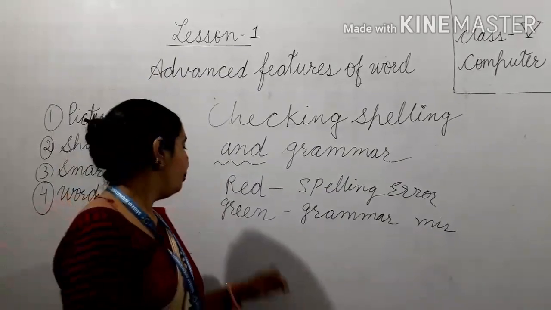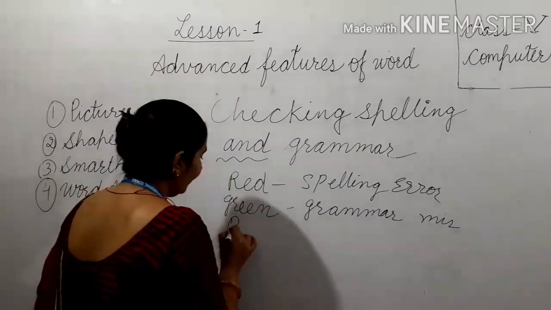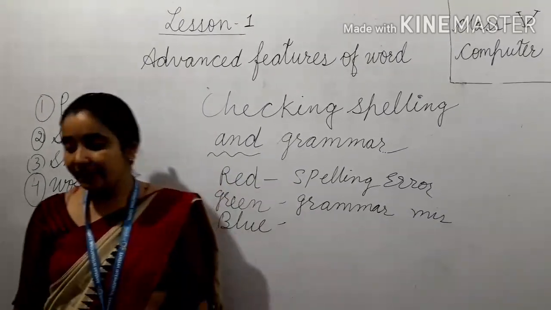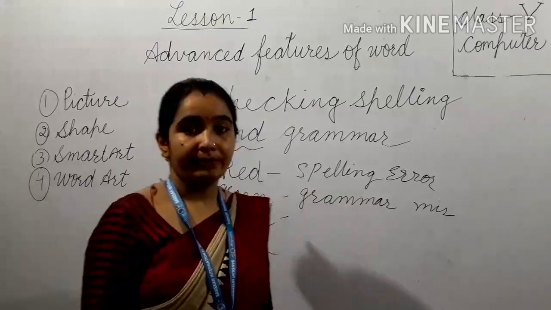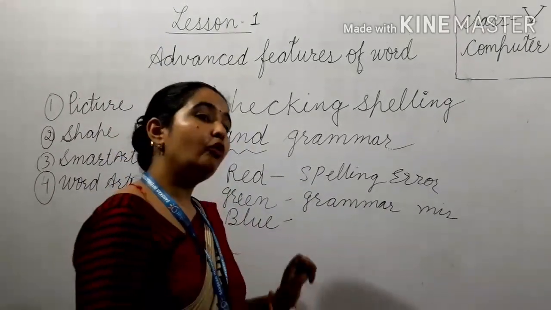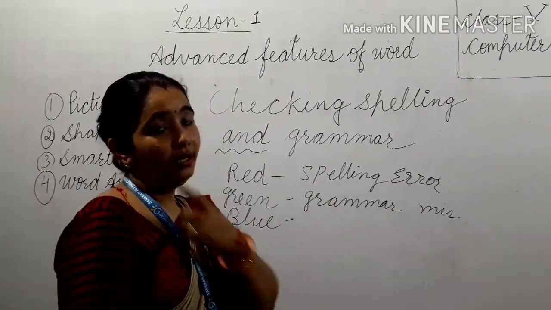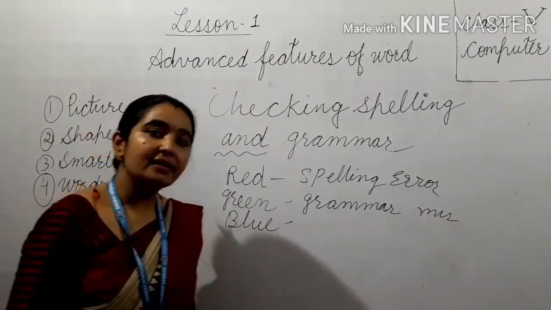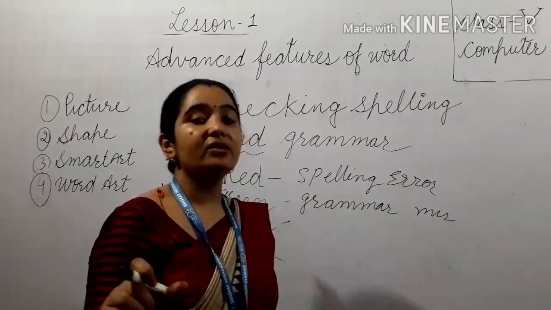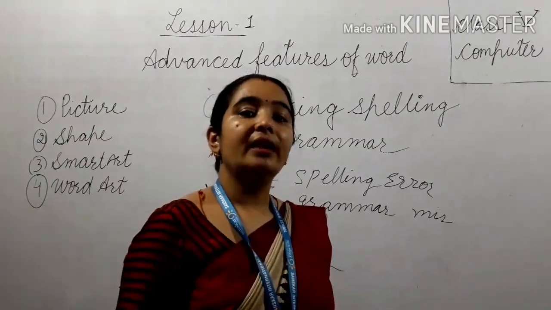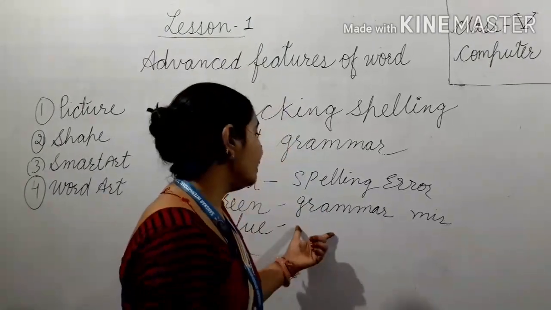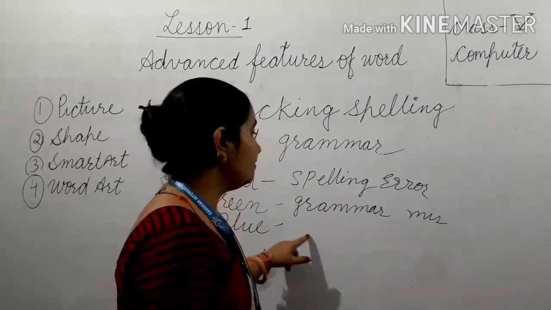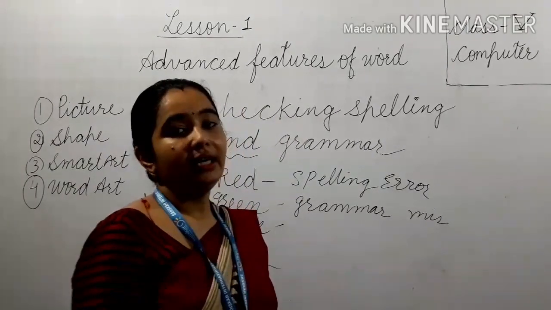Number 3, blue line. What the blue line shows us? A blue line shows us correct spell but misused word. Spelling is correct but वो word जो इनके डिक्शनरी में नहीं होता, that is misused words. Like when we are writing some name, maybe it is not in computer's dictionary, then it will show us the errors as the name of any organization or any field. This will show with the blue wavy lines.